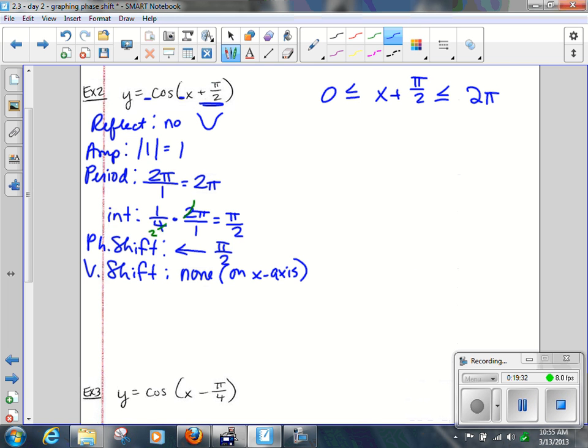Let's solve this algebraically. Subtract pi over 2, subtract pi over 2. Negative pi over 2 is less than or equal to x, less than or equal to